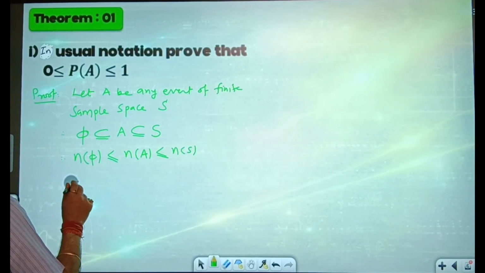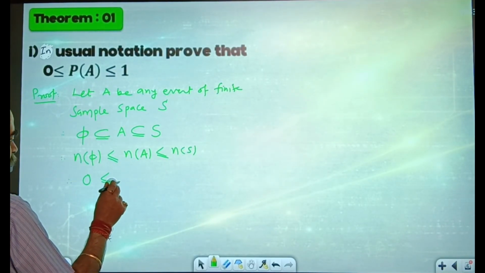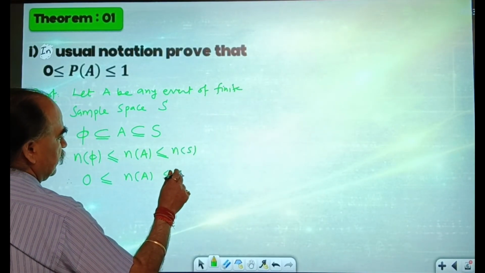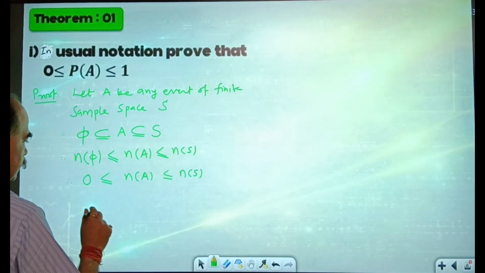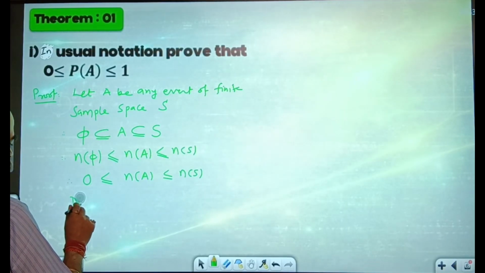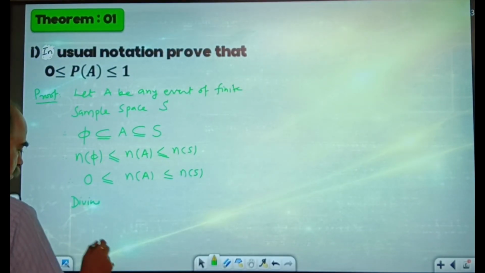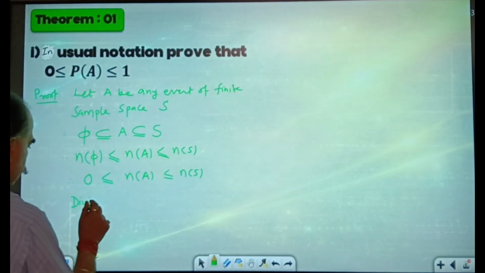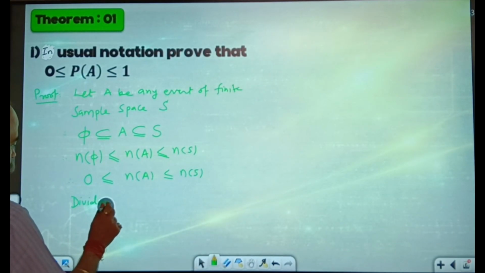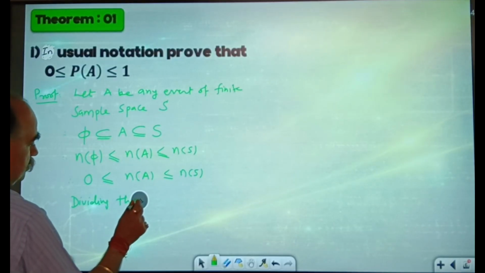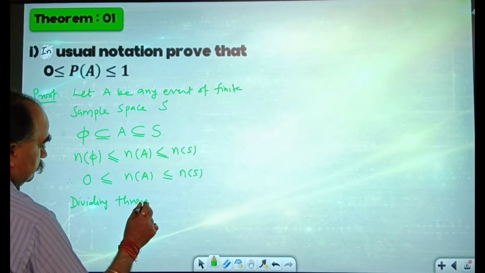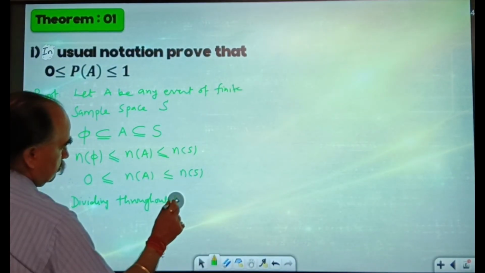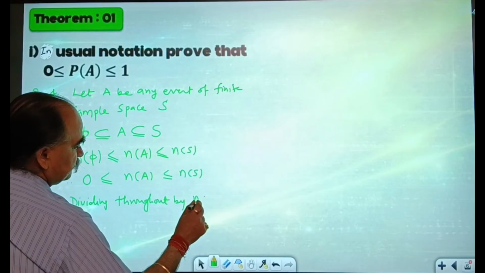The number of elements in the empty set is 0, so 0 ≤ n(A) ≤ n(S). Dividing throughout by n(S)